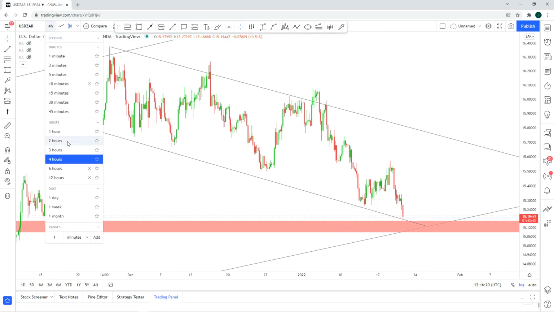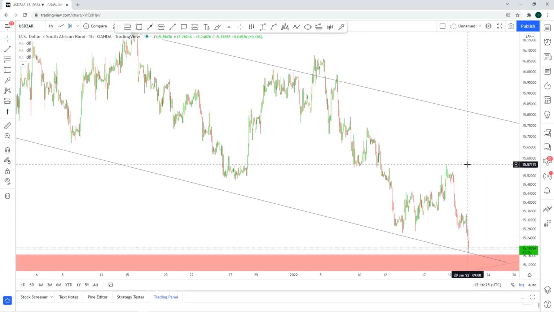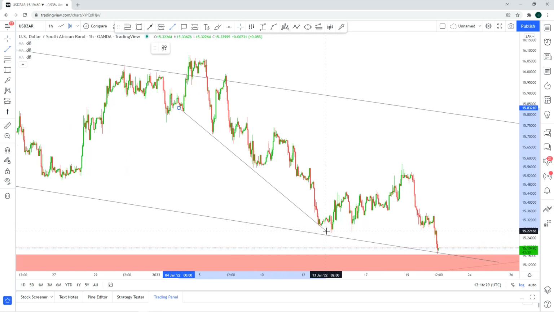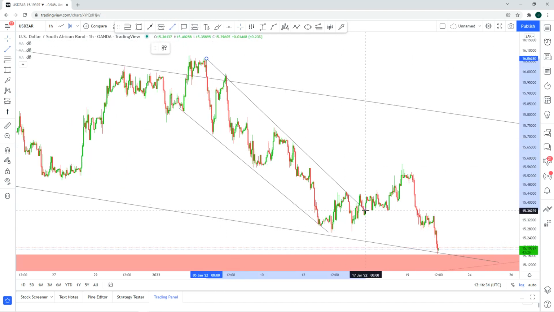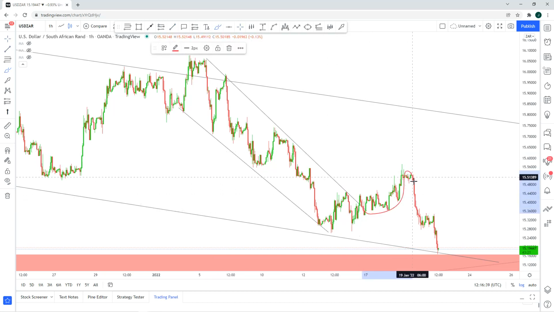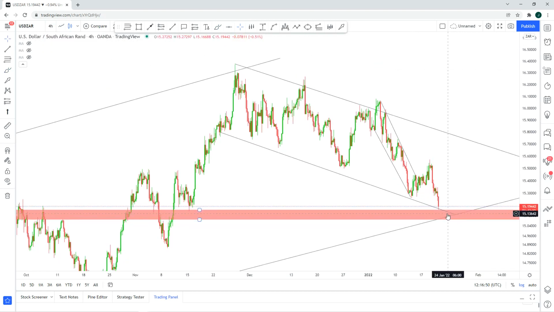So if you move back to your hourly now, let's see what price action is actually doing. On our hourly, you can see we have a bearish trend right here, and you can see on this bearish trend, price has just broken out of it. Price broke out, pushed up, and then you can see it's retracing towards our daily support buy zone. So if you move back to your 4-hourly time frame now, which is our higher time frame, we want to see how price reacts within this area